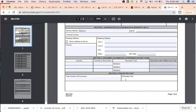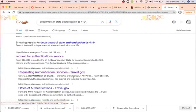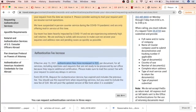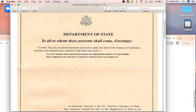Cost, it used to be $8. It used to be, but now if we go back, you'll see that just recently they had to increase the amount as of COVID-19, and it could take up to 2 to 3 weeks. The new fee for authentication as of July 15th is $20. Okay, so you would actually put $20, and you're going to mail this document right here. This entire detail is the address. Okay, once you mail that with your money order, with the self-addressed, sealed envelope,